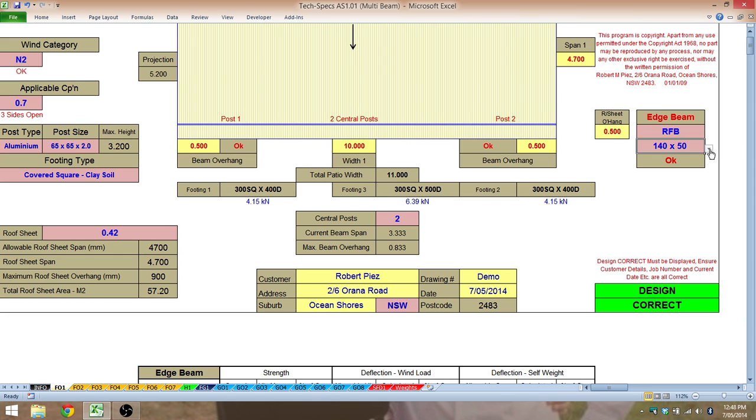Obviously the program will allow you to over-engineer something, so even if we take that post back out of there, a 150 by 60 will give us design correct. You can use a bigger beam if you want to, you can use a much bigger beam or double beam. That's not an issue, it will allow you to do that, but obviously once a beam drops out of the